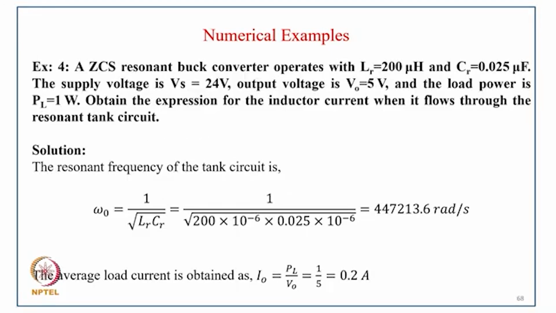Coming to example 4, a zero current switching resonant buck converter operates with LR equal to 200 microhenry and CR equal to 0.025 microfarad. The supply voltage Vs equal to 24 volt and output voltage V0 equal to 5 volt, and the load power is PL equal to 1 watt. Obtain the expression for the inductor current when it flows through the resonant tank. So the resonant frequency of the tank circuit is omega 0 equal to 1 upon under root LR CR. Putting value, it comes